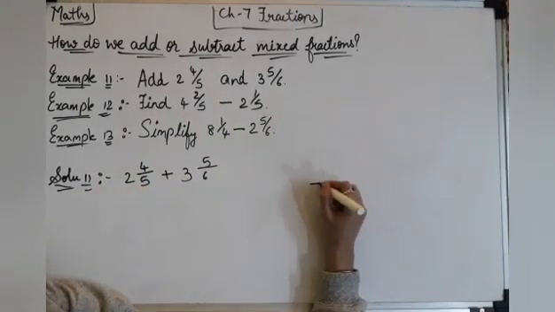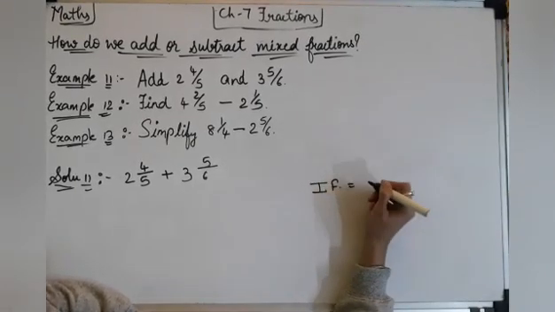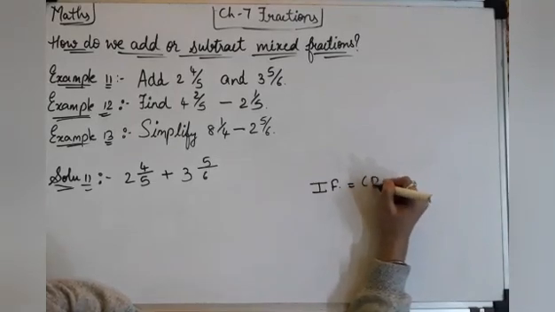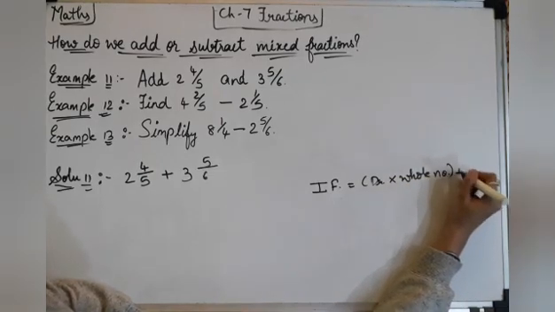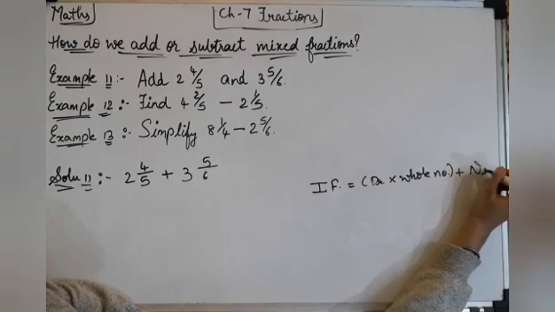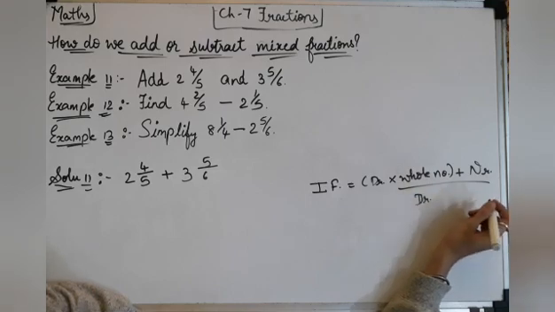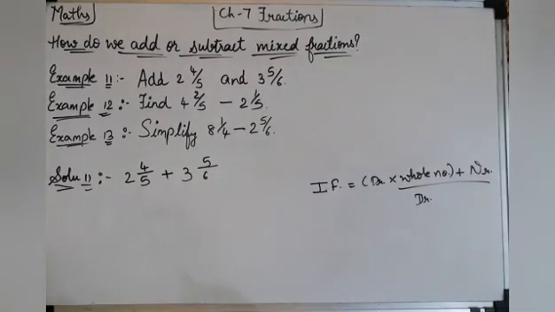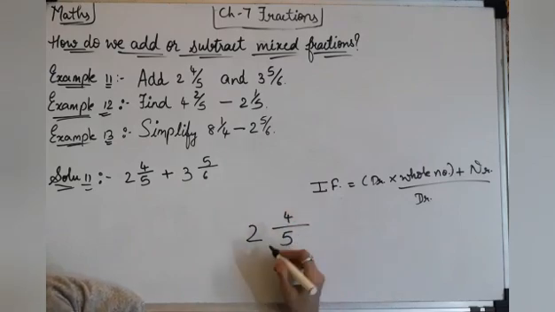I have told you that an improper fraction is equal to denominator into whole number plus numerator, upon denominator. We have done this. Do you remember? That formula only we are going to use, and we are going to convert the mixed fraction into the improper fraction. Okay. So if I show you here, how you can do it is denominator into whole number.